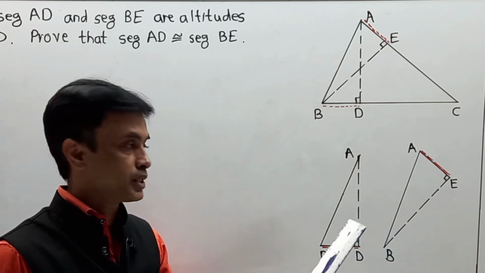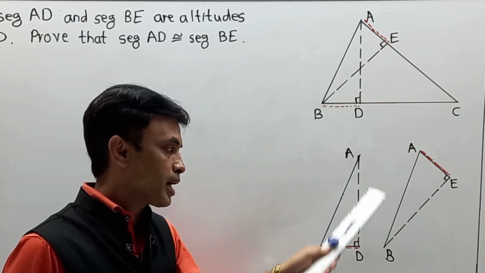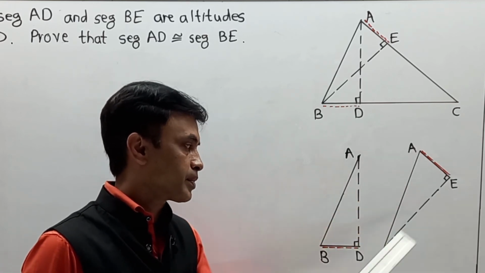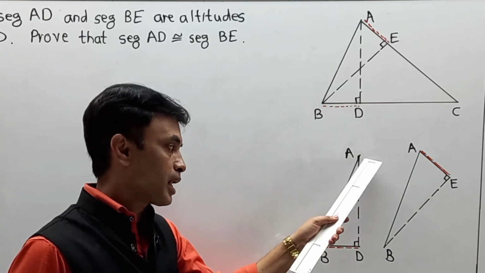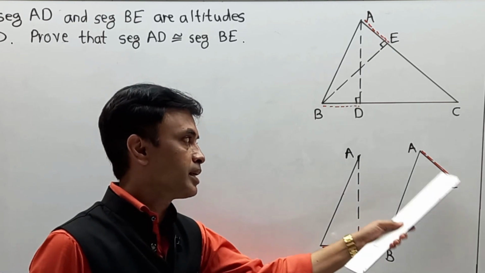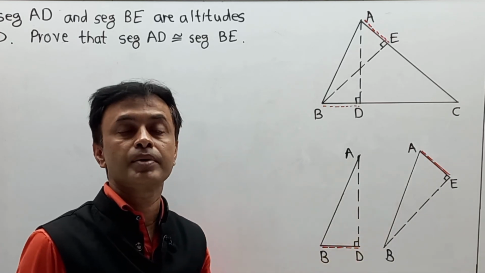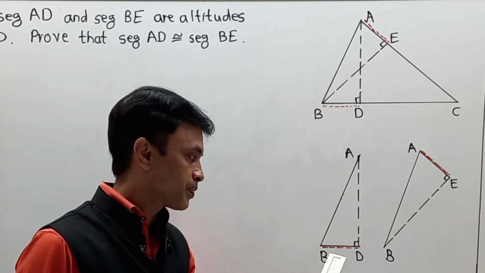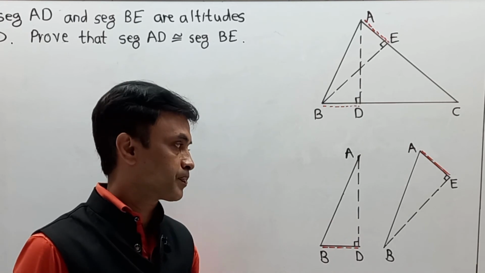Now if you want to prove that, we have to show these 2 triangles are congruent. How? In triangle ADB and in triangle BEA, first part, angle ADB which is a 90 and angle BEA, E angle is a 90, means D and E, these become 90. First part. Next, they have already given that BD congruent to AE.